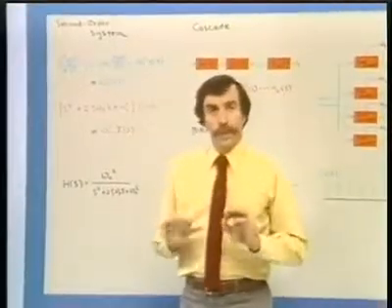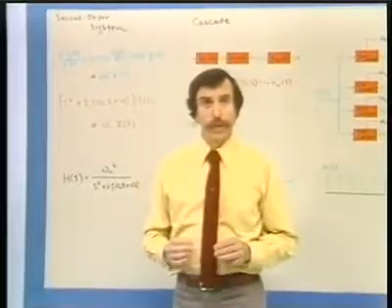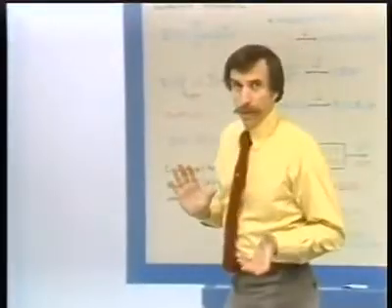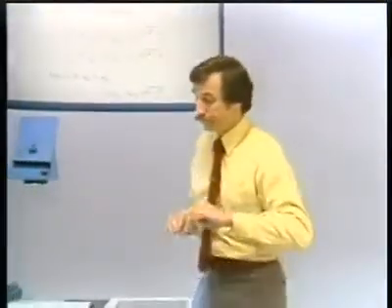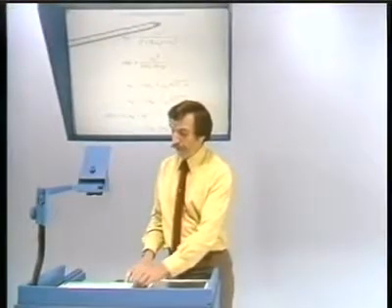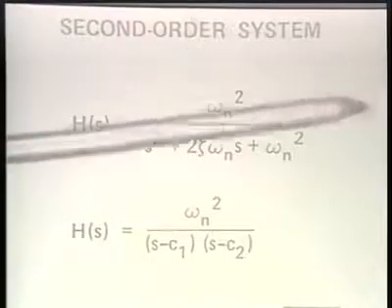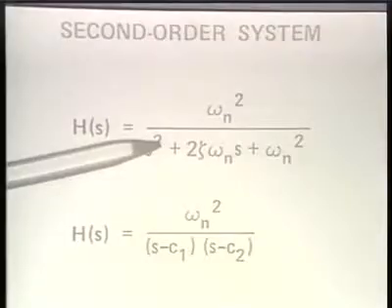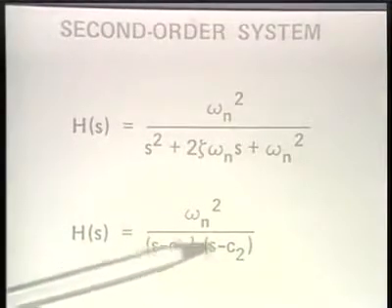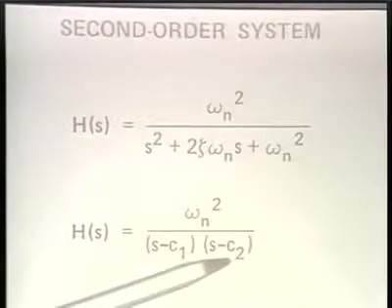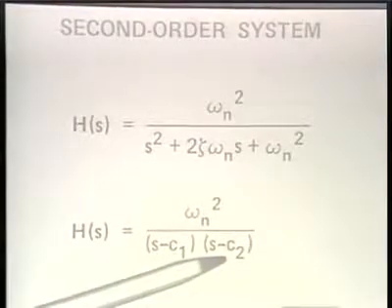Well, let's look at this example, namely the second order system, in a little more detail. And what we'll want to look at is the location of the poles and some issues such as, for example, the frequency response. So here again, I have the algebraic expression for the system function. And as I indicated, this is a second-order polynomial, which means that we can factor it into two roots. And so c1 and c2 represent the poles of the system function.